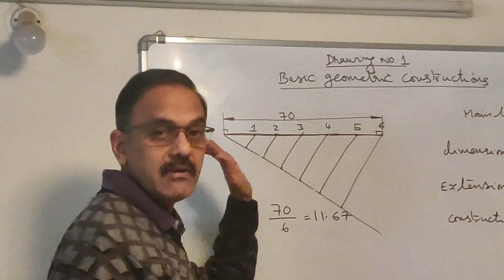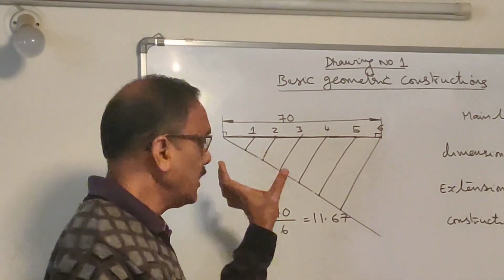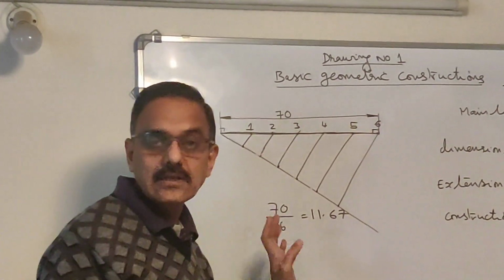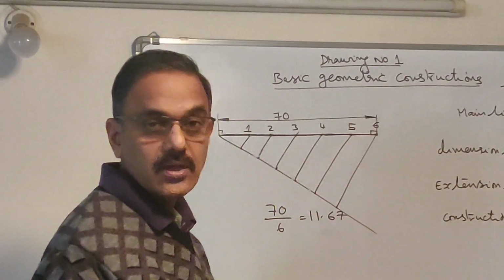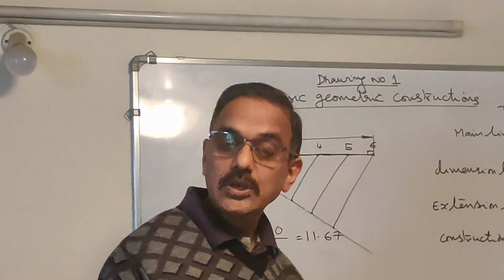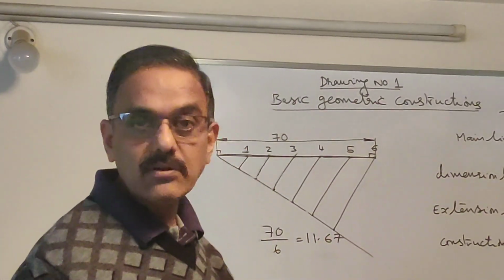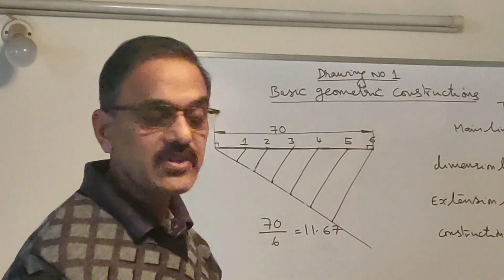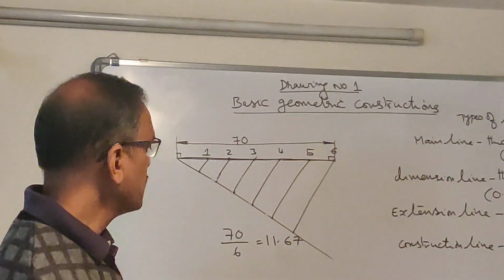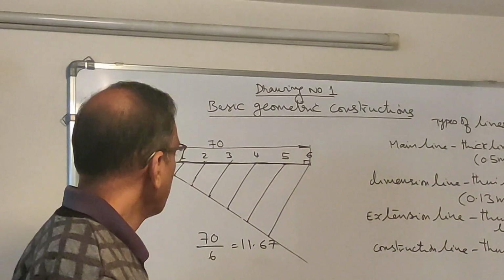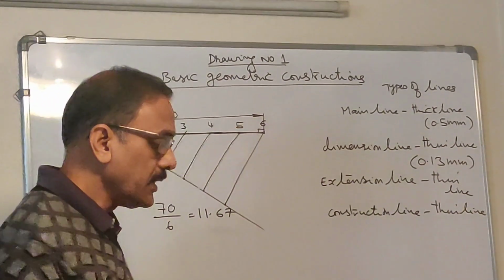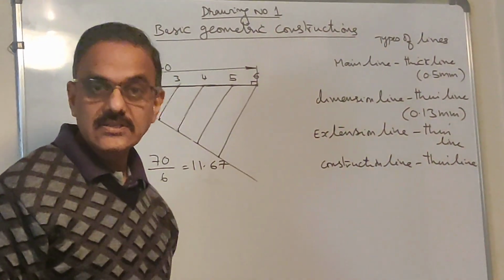Just do the construction and leave it. With your naked eye, if you are happy that it is done properly, just leave it. You can't measure it, okay, because it is a fraction. But when you do it using your system, you need to check it. 11.67 between any 2 points selected. So that's it about this exercise. I'll come back and complete the remaining exercises.